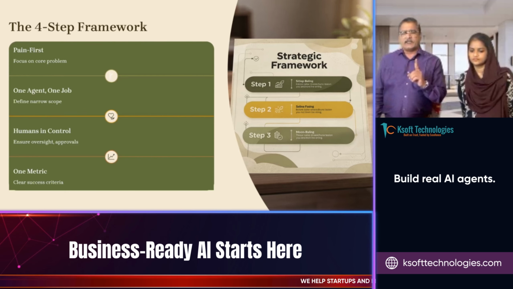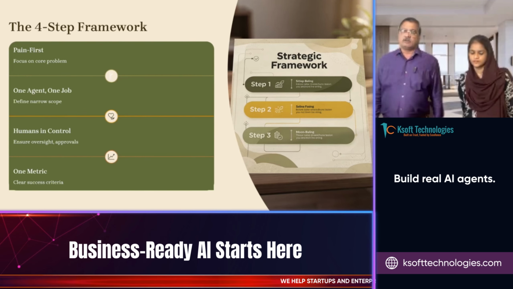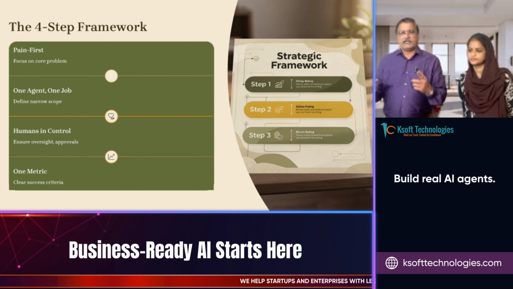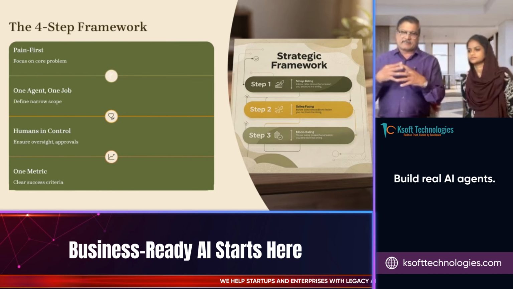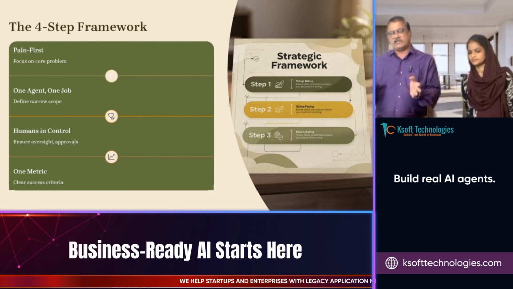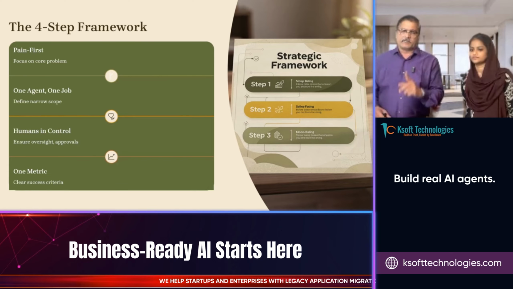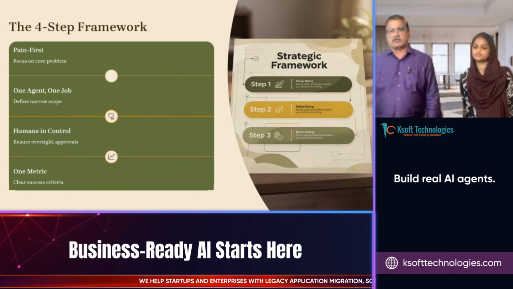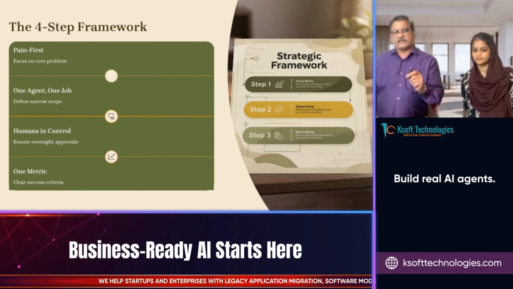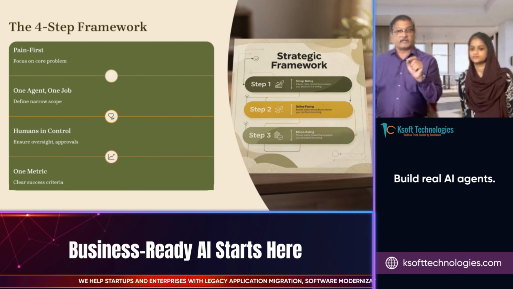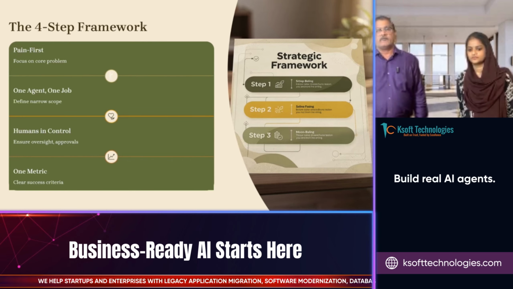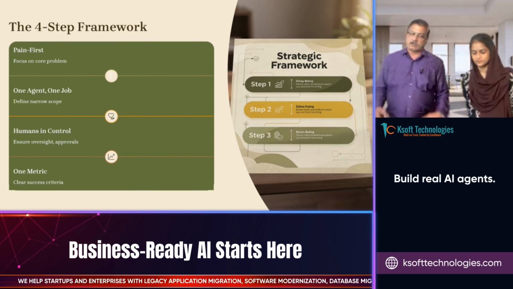Then use only one agent for one job or one pain. Don't mix it. Don't make life horrible for you and for the agent. Because you may feel one agent is a computer, it can do everything. No, it mixes up data. The clear lines are not there between different kinds of learnings. So use one for one particular job, and always put the humans in control. Don't go without oversight of human beings. They are needed. Humans are always needed for getting the final approvals in case of important decisions, not for giving FAQs on a website, that's okay. But otherwise, you should always have humans in control of the automation, basically.